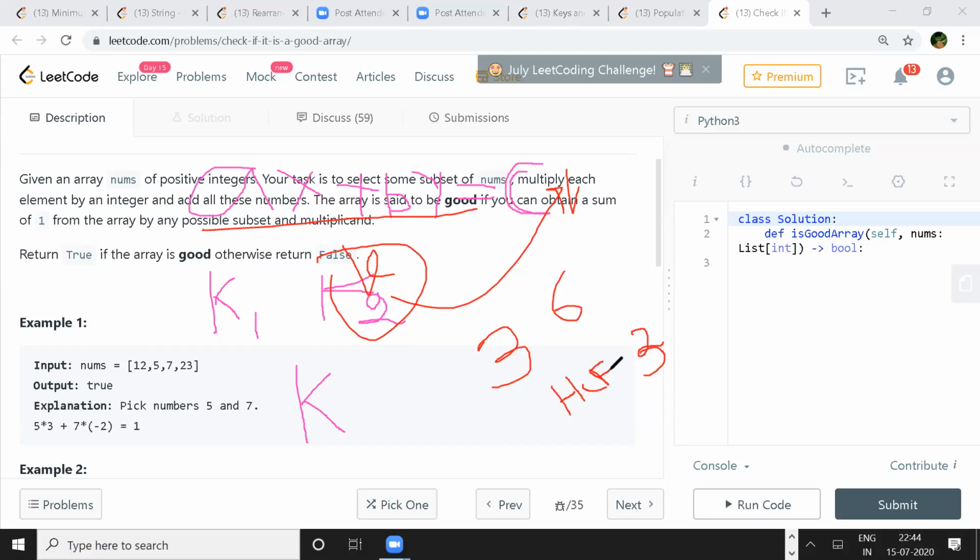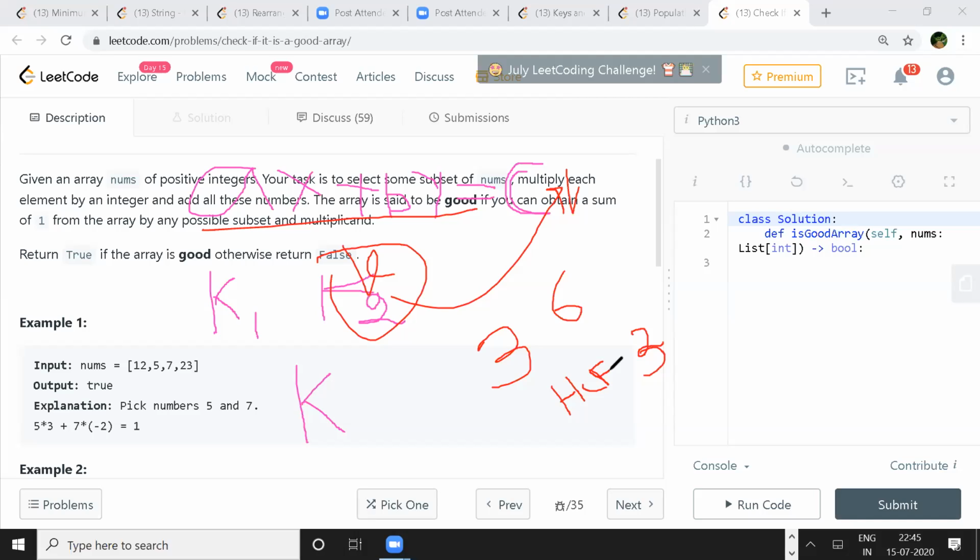If K is a common divisor which divides AX plus BY, then, yeah, let's take C as 1. There are no numbers greater than 1 that divide 1, right? Maximum 1 can only divide 1. So the greatest common divisor also has to be 1, right?